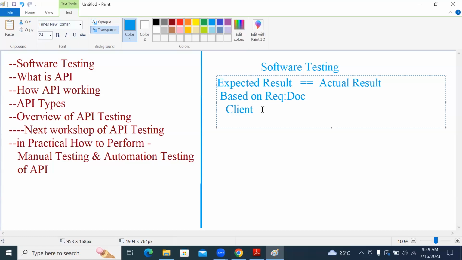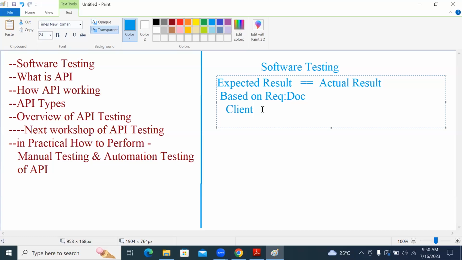First, the client will explain all the requirements to the company, saying, IT company, this is my business, and related to my business, I require this kind of software. This is exactly the requirement. That is what we call the expected result.